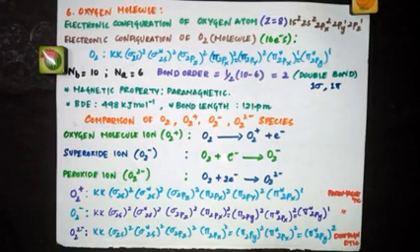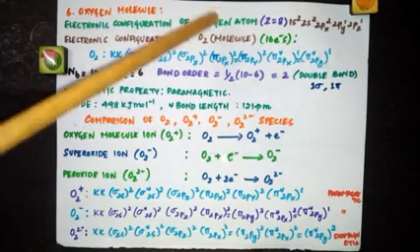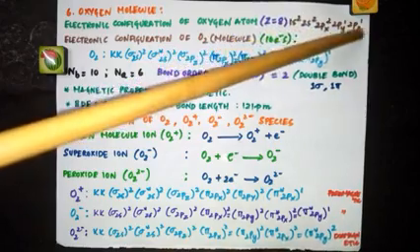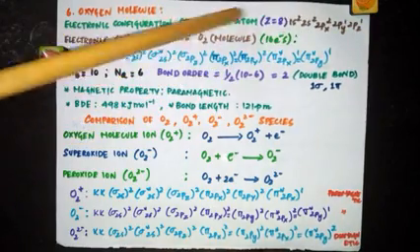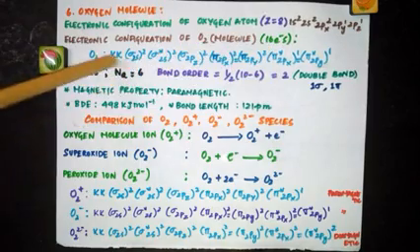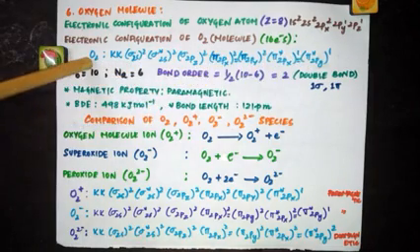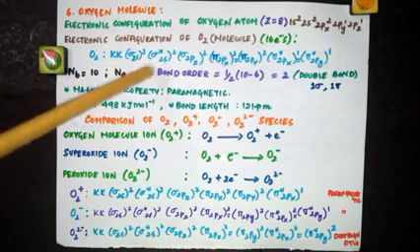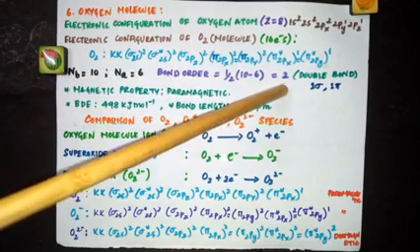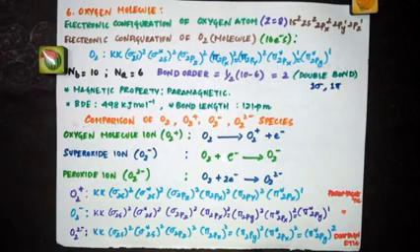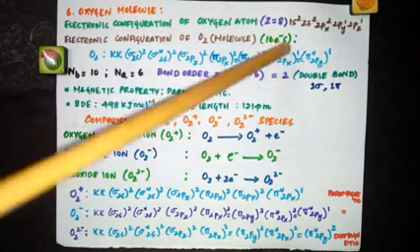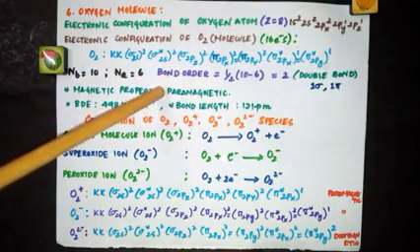The next one is the oxygen molecule. How do we get an oxygen molecule? By the combination of 2 oxygen atoms. In one oxygen atom, we have 8 electrons, and this is the electronic configuration. So in the oxygen molecule, there will be 16 electrons, and those 16 electrons will be filled in the molecular orbitals. This is the electronic configuration of the oxygen molecule. There are 10 bonding electrons and 6 anti-bonding electrons, so the bond order will be equal to 2. That 2 represents a double bond: one is a sigma bond, the other is a pi bond. When it comes to magnetic property, we have unpaired electrons here, so it is paramagnetic in nature.